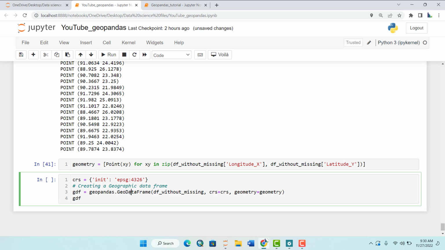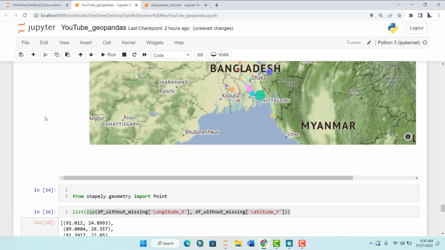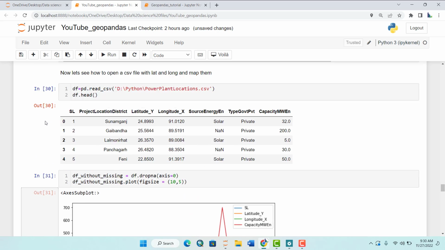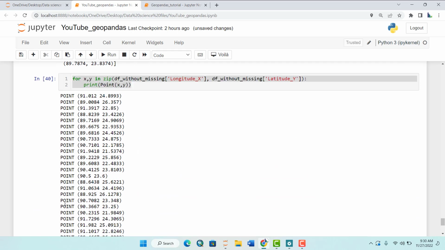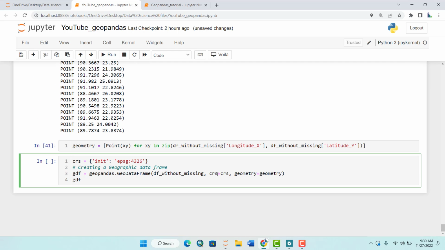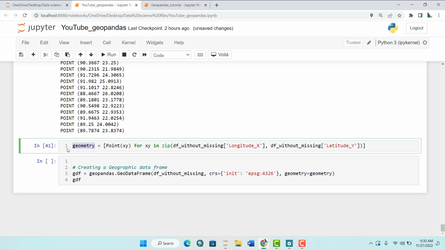GeoPandas.GeoDataFrame. This is our data frame that we have imported, the DF without missing values. This is our data. This is our coordinate reference system, CRS equal to this one here, or you can directly pass that here instead of storing it inside a variable. Then geometry is this geometry. You can name it whatever you want, say geom,